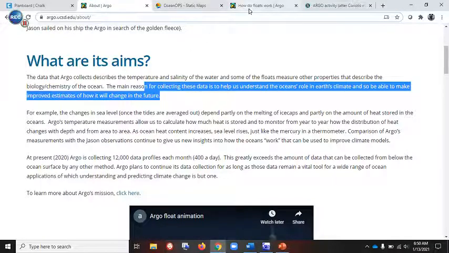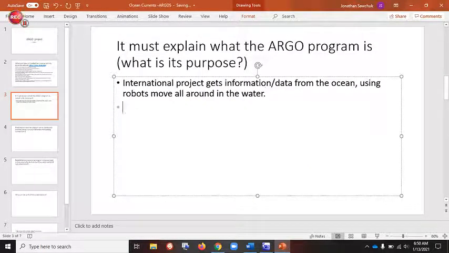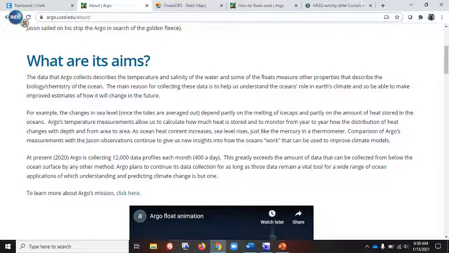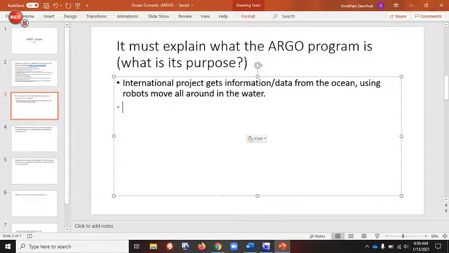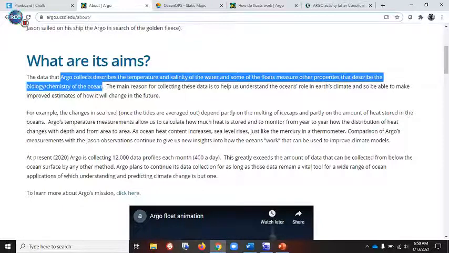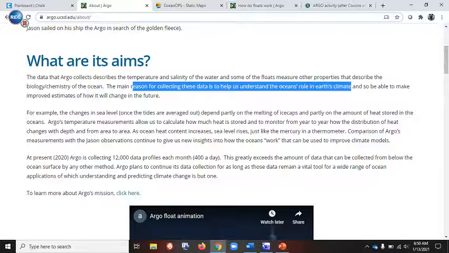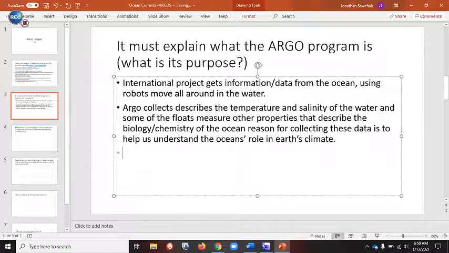Okay, so what's its purpose? Its purpose, I'm going to go ahead and delete all this because that's the original content. I put in my own words there. So its purpose is to measure the salinity of water and other stuff. So that's kind of cool. I'm going to copy paste their text and then reword it. Main reason for collecting this data is to help understand the ocean's role in the Earth's climate. Cool. So now in my own words,